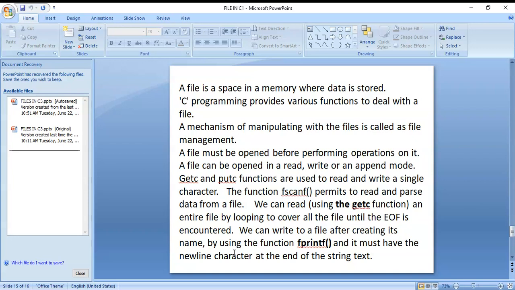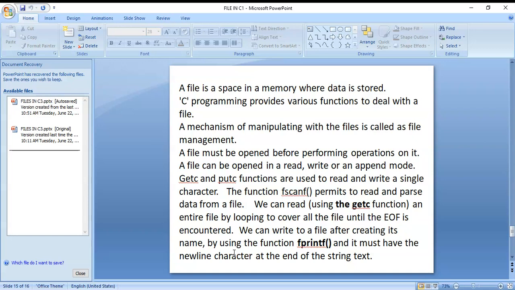Any operation you can perform, you must and should open the file first. A file can be opened in read, write, or append mode. getc and putc functions are used to read and write a single character.